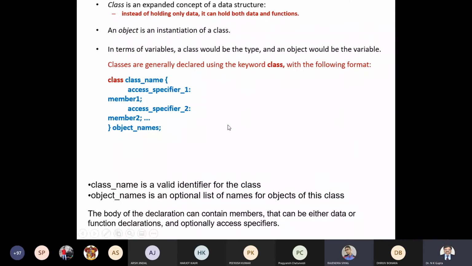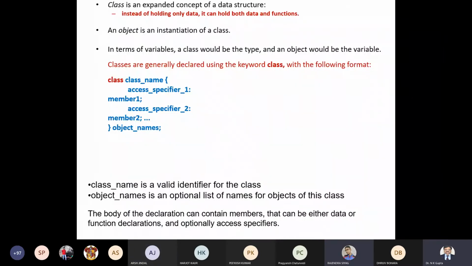Class is a template, a blueprint. So object is an instance of a class. Class does not take memory. When you declare it, no memory will be allocated for it. When you declare the variable or create an object, only then will it allocate the memory for it. But here we are saying that an object is an instantiation of a class. Object is an instance of a class. True or false?